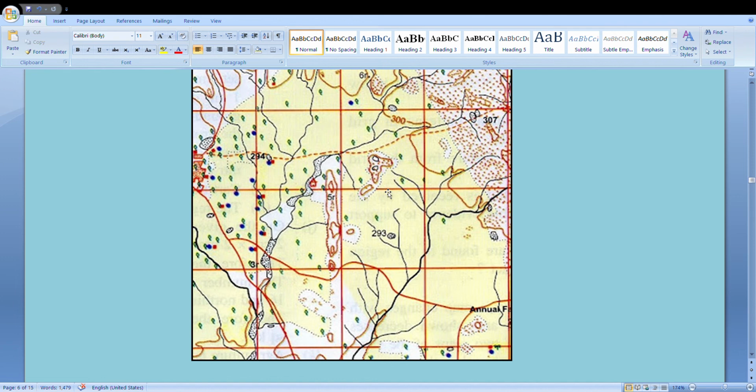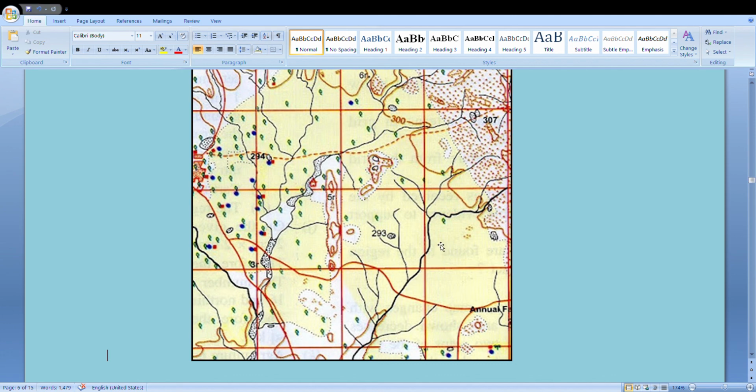Here you can clearly see some symbols which are representing something. Topographic maps are also large scale maps which show details of the area, but it is represented with symbols. This tree may not look like this on the ground, when you go and see it in real life, but it is represented by this shape.